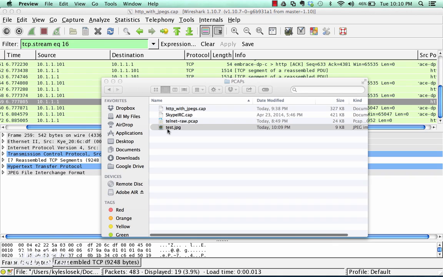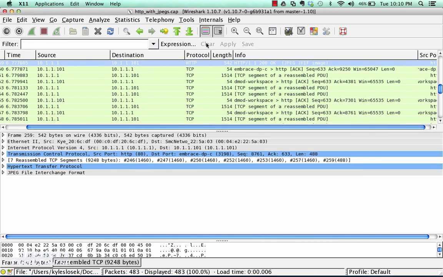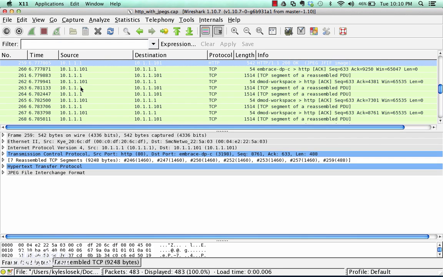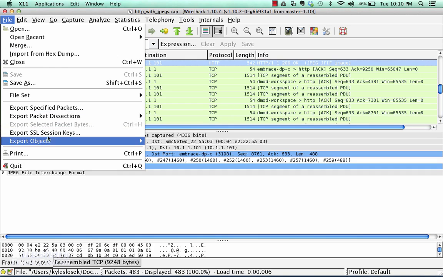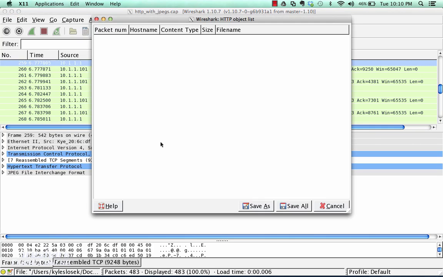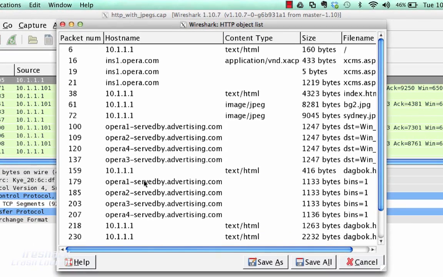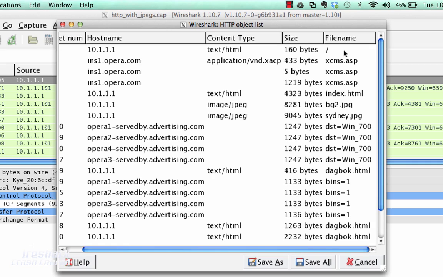Now there's an easier way to do that, and I'm going to show you that. We'll hit clear, and basically Wireshark has automated what I just did manually. You can go to File, Export Objects, and you can see that you can export HTTP, or if you had SMB, which is the Windows file sharing protocol, you could export stuff from SMB. But we know that this is HTTP traffic. We're going to export the HTTP traffic, and it goes through all the packets and shows you what was